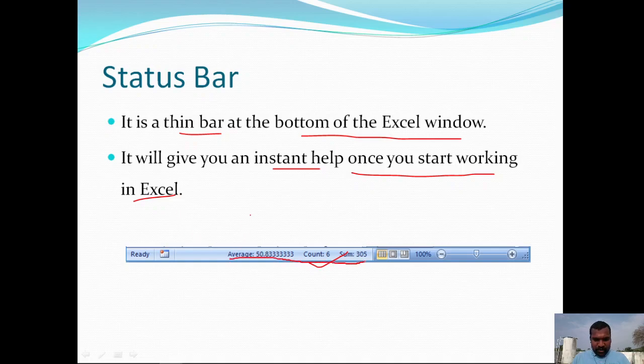For example, if I am choosing several rows on that Excel sheet, it will display that 6 cells are selected, the sum of those cells is 305 and the average is 50.8333, like that. And the ready state is there. Here the zoom slider is at 100%, so you can scroll this to zoom in and zoom out.